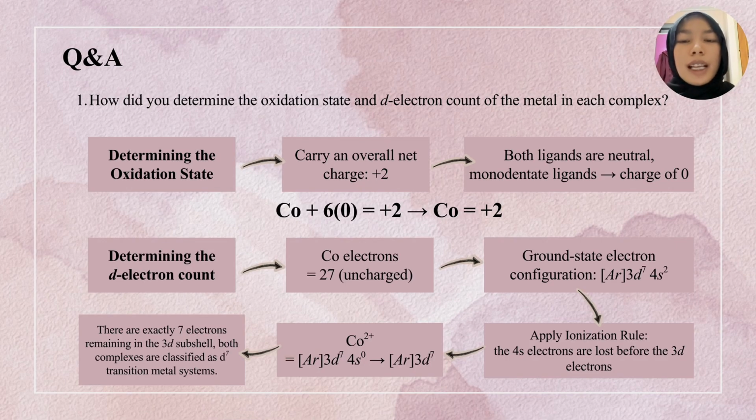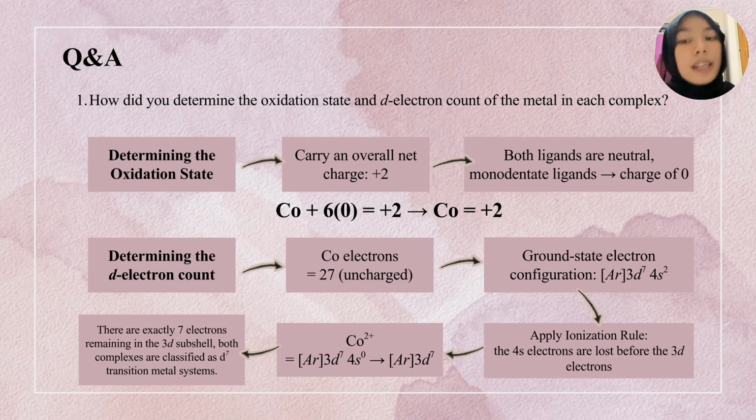So the first question is, how did you determine the oxidation state and the electron count of the metal in each complex? So now let me explain. To determine this baseline value, we look at the net charge of the complexes and the nature of the ligands. Since water and ammonia are completely neutral molecules, they contribute zero charge. This means the entire positive 2 overall charge is directly borne by the central cobalt metal, giving us a Co2+